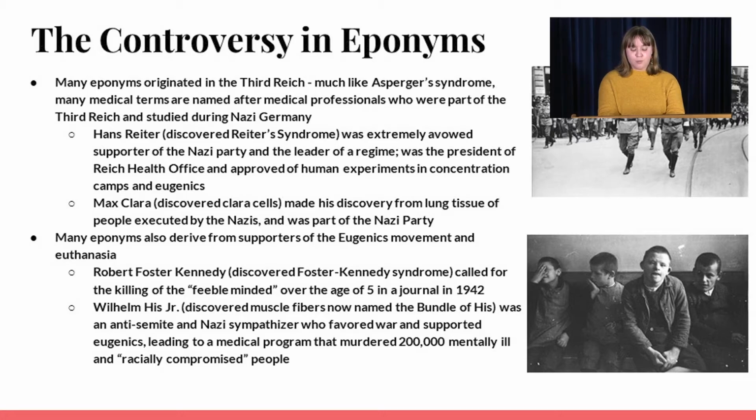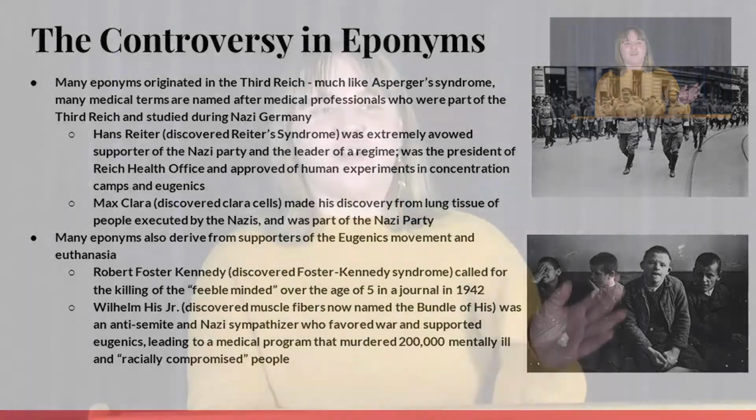Another example is Wilhelm His Jr., who discovered the muscle fibers known as the bundle of His. He was an anti-Semite and a Nazi sympathizer who favored war and supported eugenics, and he even made a medical program that murdered 200,000 mentally ill and racially compromised people. So, on top of everything else, there are a lot of